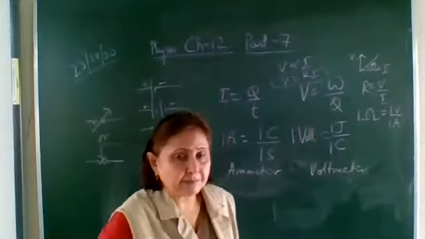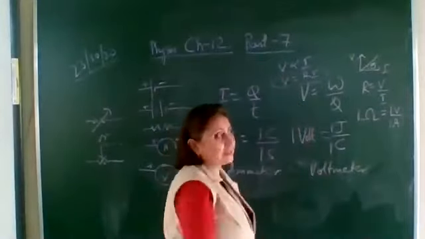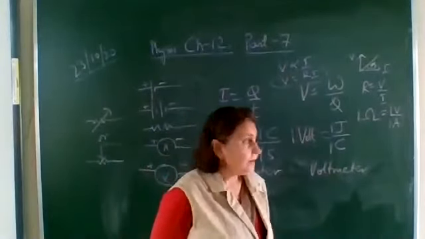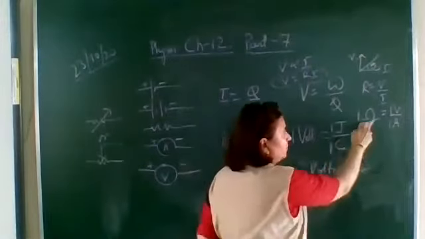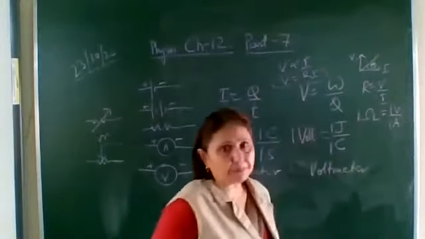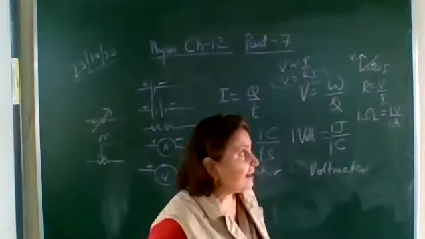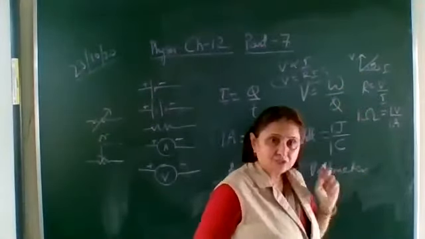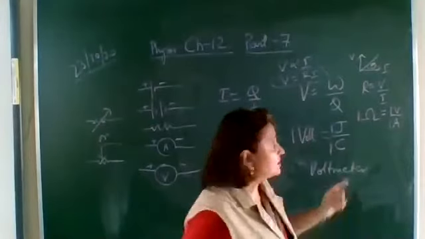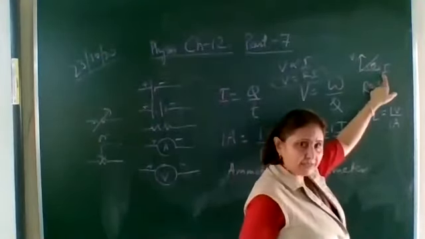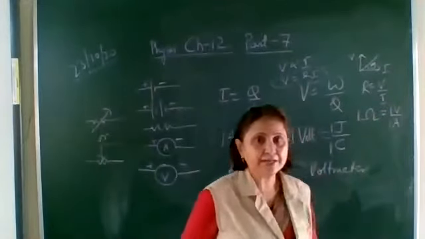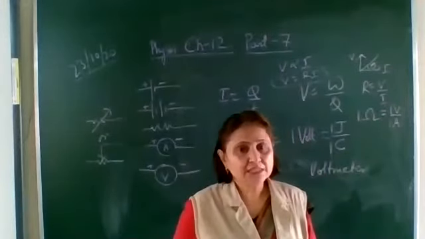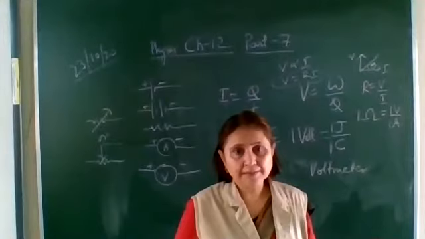V is directly proportional to I, equated to R. R is equal to V upon I, and its unit is ohm. 1 ohm is equal to 1 volt upon 1 ampere. And the graph between V and I will be a straight line passing through the origin. The slope of the line will give the resistance, provided V is taken along the y-axis and I along the x-axis. Slope of any line is determined by tan theta. So tan theta here is giving the slope of the line.